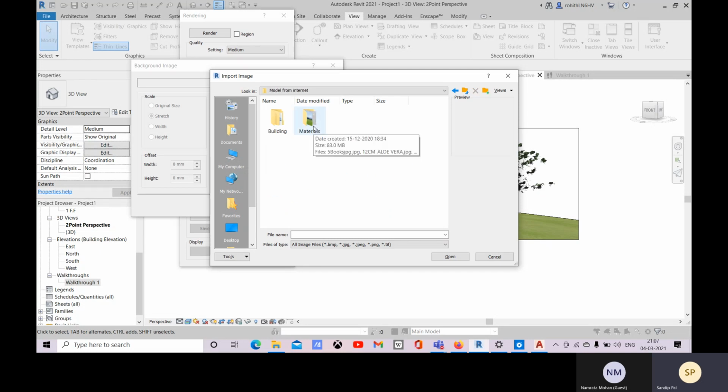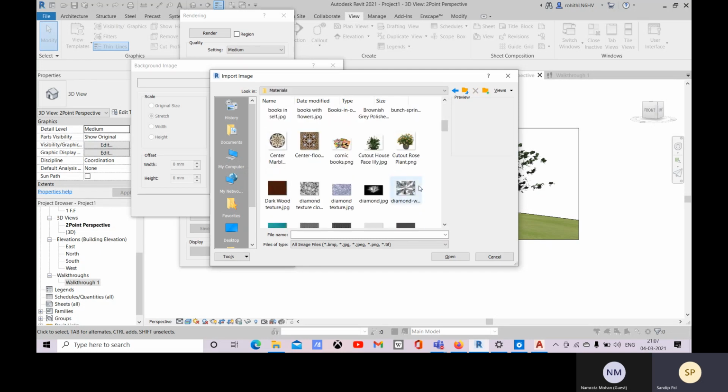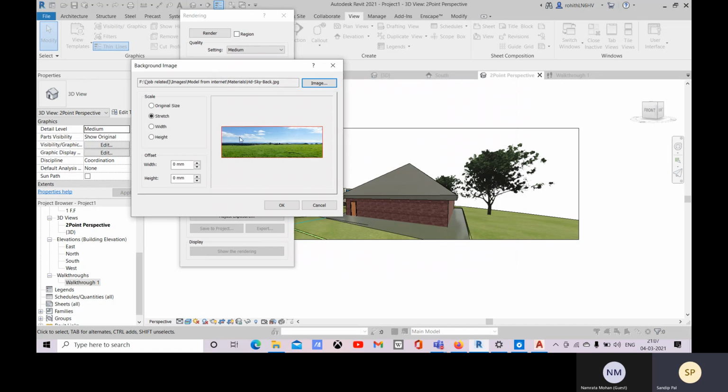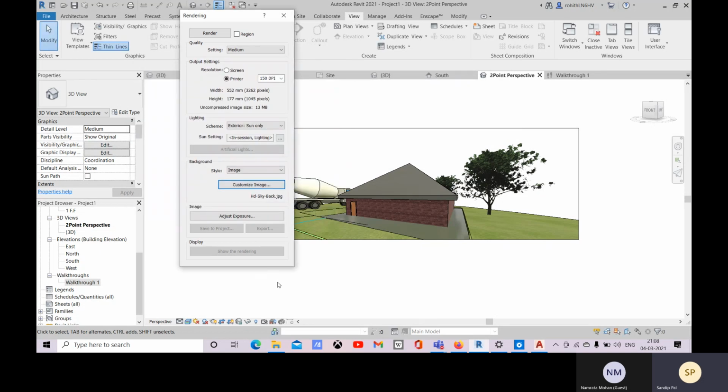You can go with these images. Okay, like this image, and you can give it stretched, horizontal size, or width, height. So width will match the width, and height will match the height. So you can go with stretch, and you click on OK.